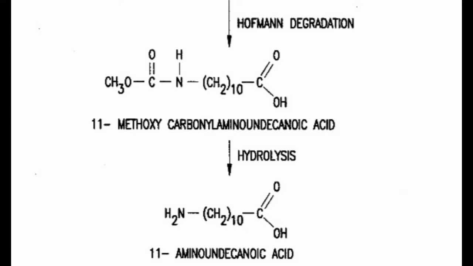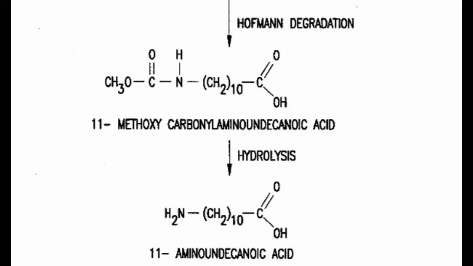carbonyl amino undecanoic acid, which undergoes hydrolysis. During hydrolysis, this OCH3 whole group is given out and its position is taken by only hydrogen. In such a way, when OCH3 is given out and it is replaced by hydrogen, the whole part gets converted into NH2. In such a way, NH2 CH2 to the base 10 COOH is formed.